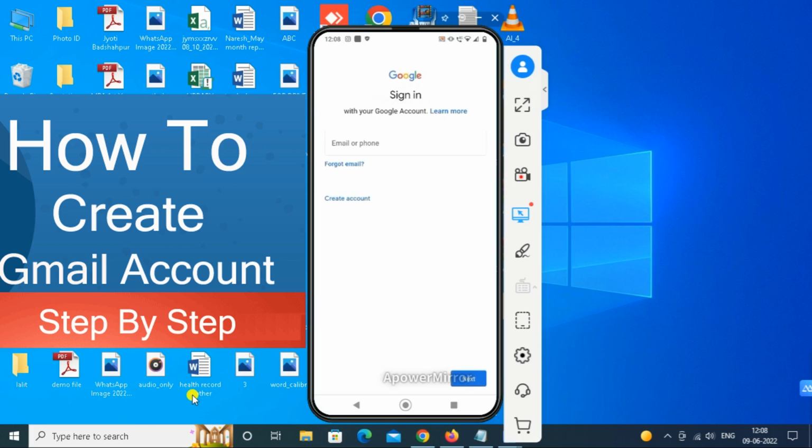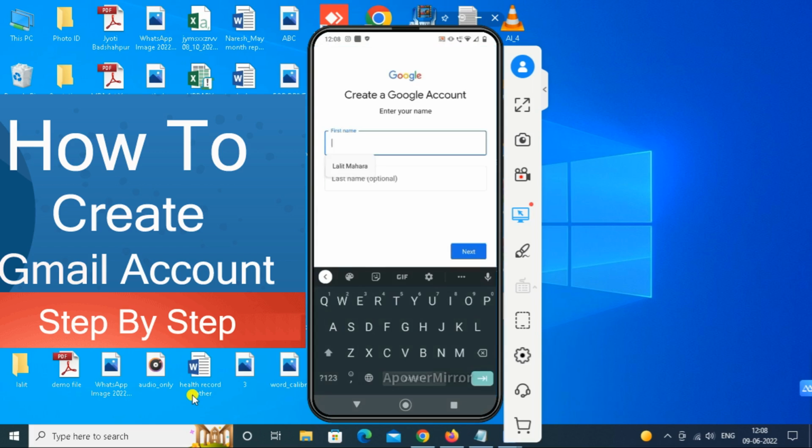and here we need to click on create account, and it will ask us for whom you want to create this account, for myself or for my business. So we'll select myself, and then we'll give our name here, and last name, and then click on next,